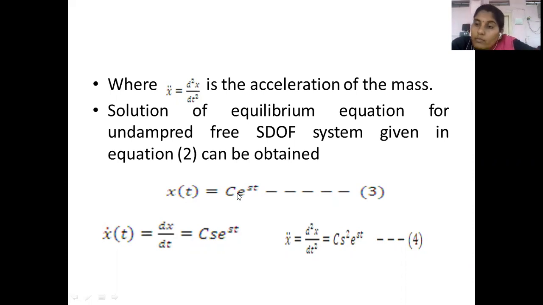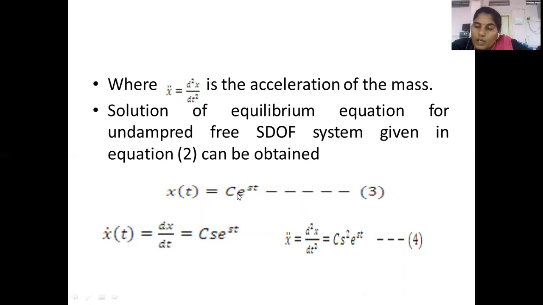So when we get the values of this quadratic equation of s and C, then we will solve this equation. At that time we can say that the derivation is like this, the equation is like this, and we'll find the solution. We will say we have got the solution when we get the value of C and the value of s.